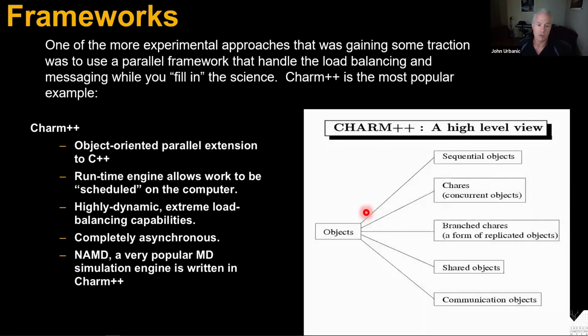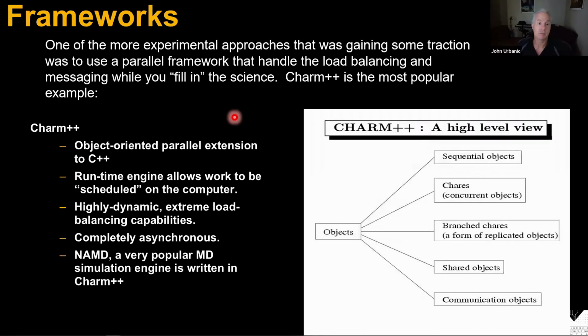One method that's overlooked a lot and I think underutilized tremendously is the notion of a framework where somebody else does most of the parallel programming and you just drop in your science. And this is something that I hope you can understand or get some appreciation of as you do the Laplace port. As you do the Laplace port, you're noticing that you're not changing the science part of the code much at all, if at all, right? The guts that actually do that Jacobi iteration, you're not having to touch very much. And B, you're using these communication halo routines that you're developing that I keep telling you are applicable to many, many other cases. So you get the notion that you're actually writing a generic communication scheme that could be used for lots of other problems, and you're not changing the science.